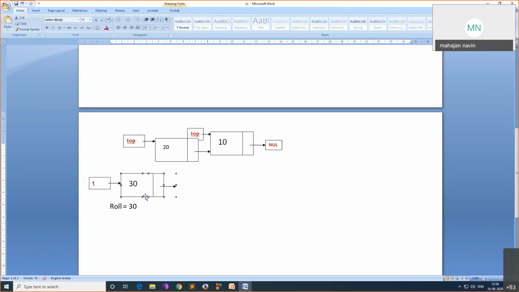So out of those three, I have only two nodes now. Again, if you remove an element, t equal to top, so t is pointing here, roll number gets top of data, and top becomes top of next. So you move this pointer here and remove t, that means you remove this node.